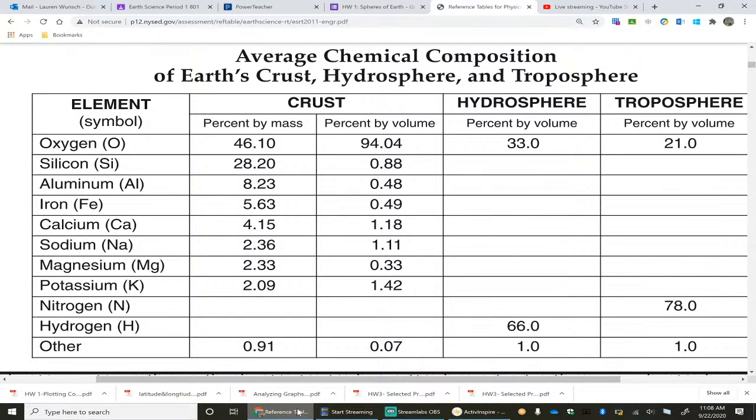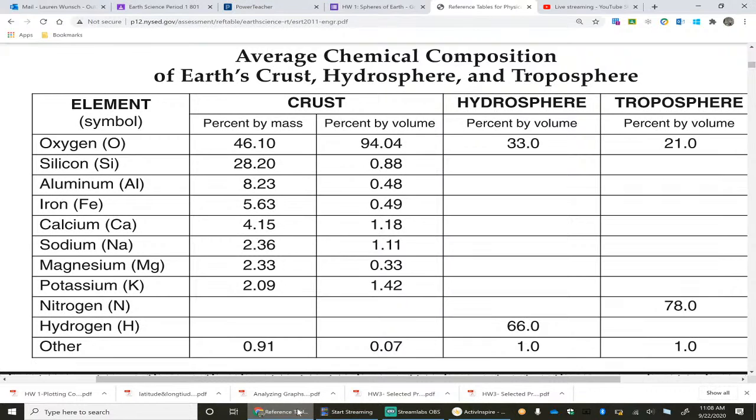Potassium, good, and magnesium is correct. So magnesium and potassium are on the lower part of this list, so they have the least amount, 2.09 and 2.33, and we weren't counting the other category. That's why we didn't say that one. So make sure that's in your notes under I.